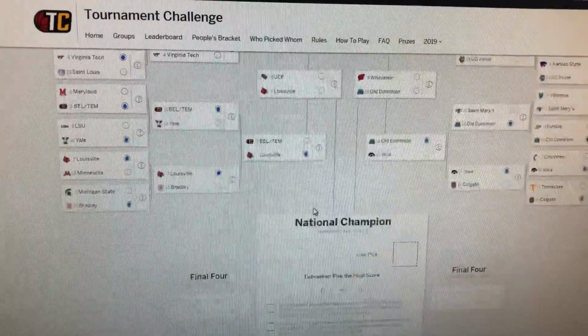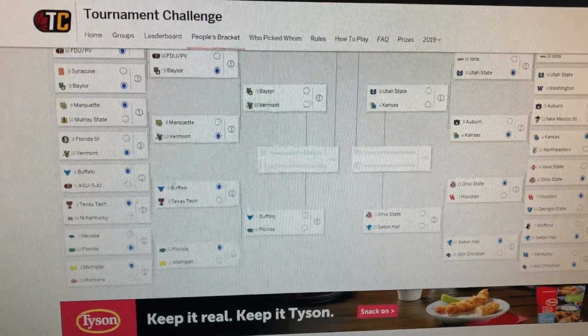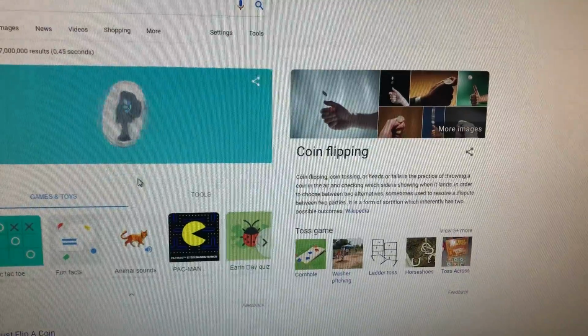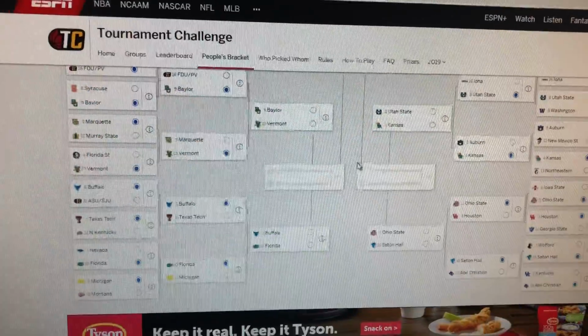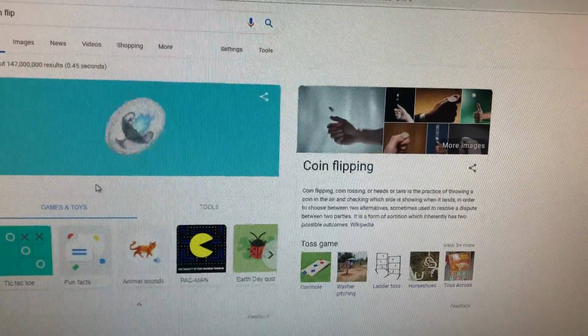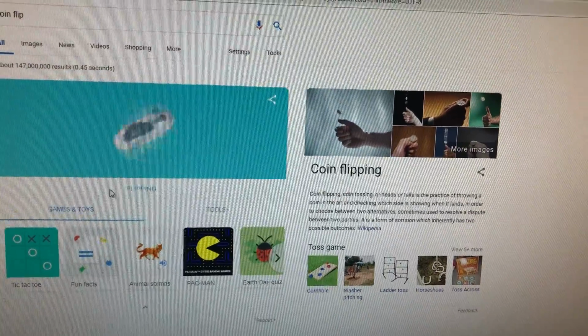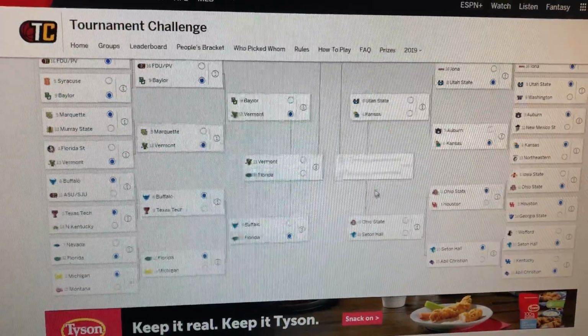Then down here, oh, hopefully I didn't pick one of them. Okay, yeah, we're good right there. Next up, we have Baylor and Vermont. Really want to see tails right here in Vermont move on. Let's see who gets the dub. It will be Vermont as the 13 seed. Then we have Buffalo and Florida. Kind of want to see Florida to guarantee a double-digit seed. We have Florida moving on. We are guaranteed a double-digit seed out of there.